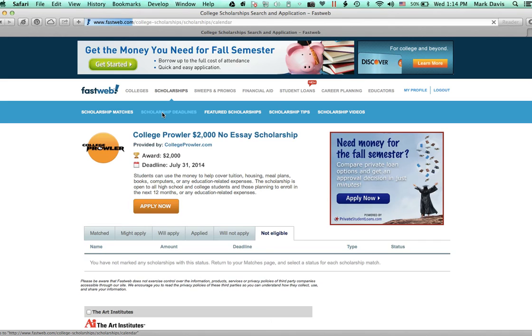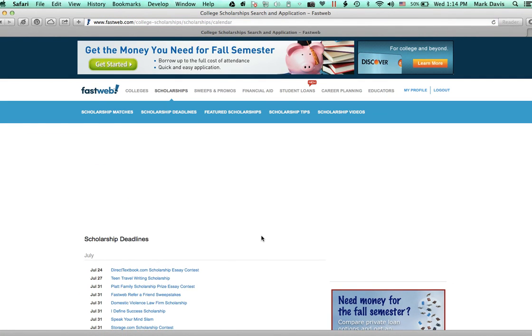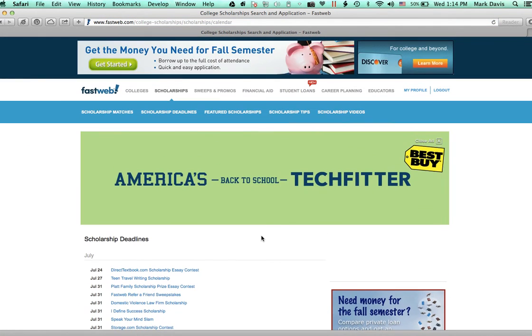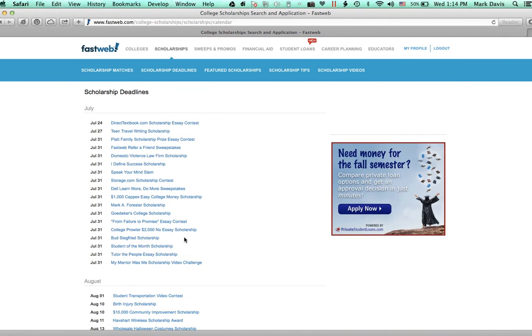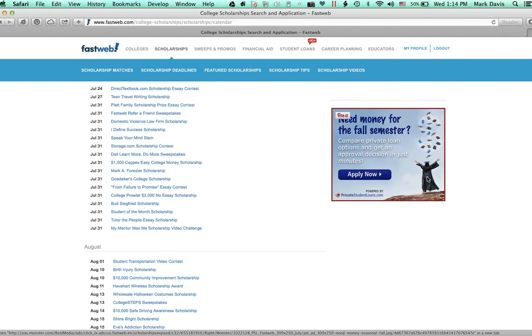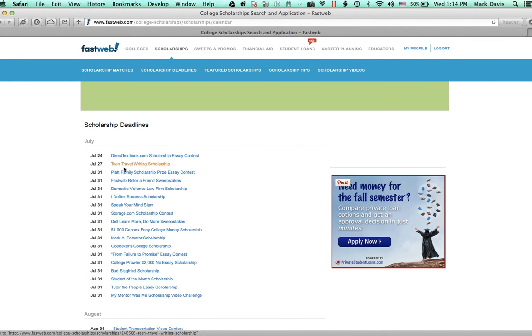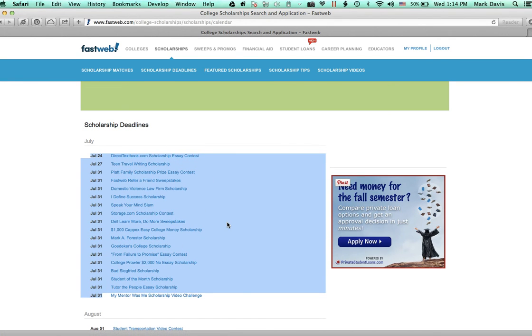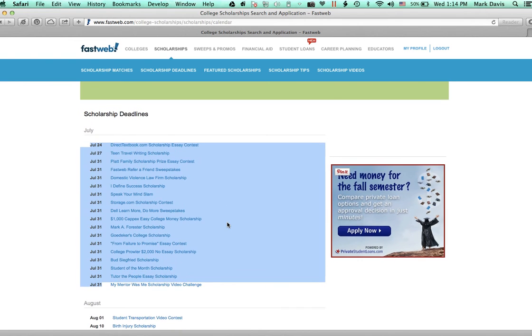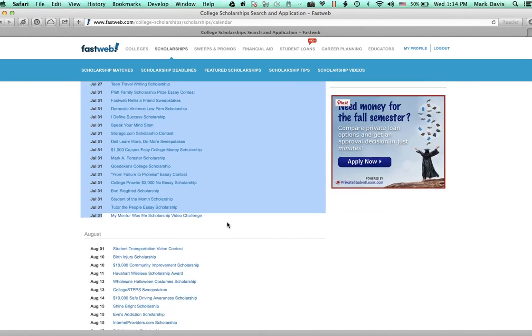So there's also a nice tab here, which is Scholarship Deadlines. And what I like about this is, look, more ads, what a surprise. You really just can't get away from the ads on the site. They really are just all over the place. But anyway, you can see it's a date listing of upcoming deadlines for scholarships, and this is good to go through and just make sure that you're not missing any good ones that you may be